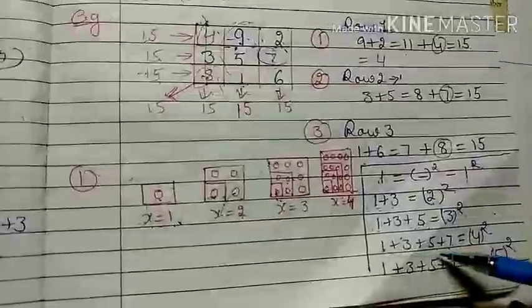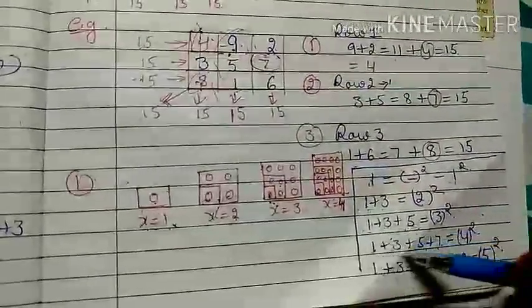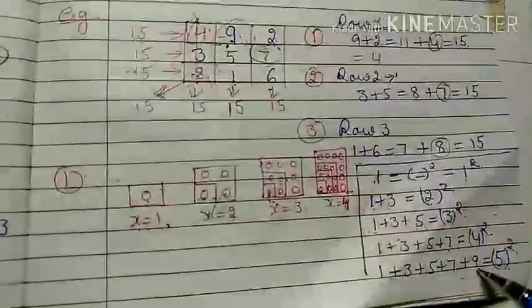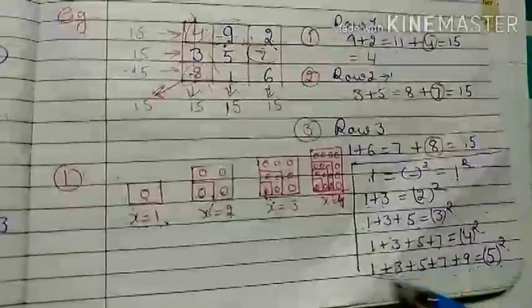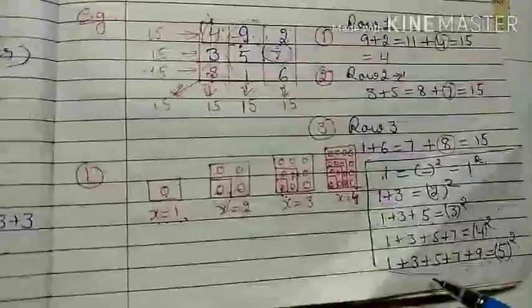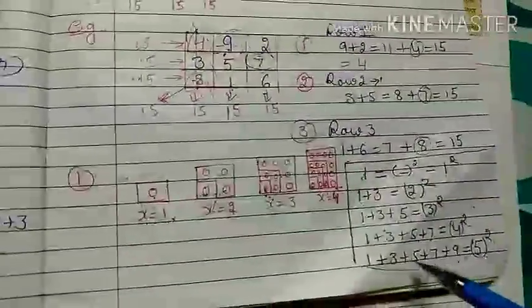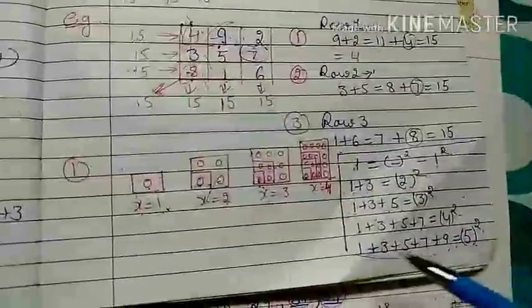Here also 4 odd numbers are there, and 4 square is 16, and when you add the total, that gives you 16. If there are 5 odd numbers, that means 5 square is 25, and when you add them, that gives you 25. So this is a shortcut form. Instead of adding such long odd numbers, we count the odd numbers and take the square of that. That is the same as the addition of the odd numbers. That only works for the odd numbers.